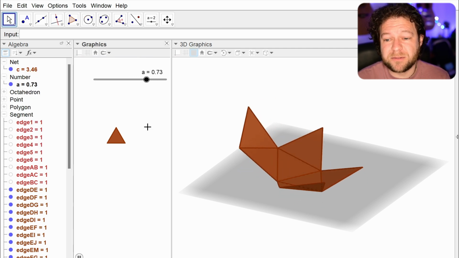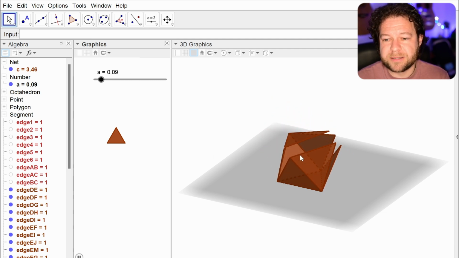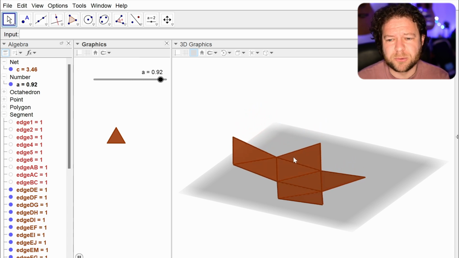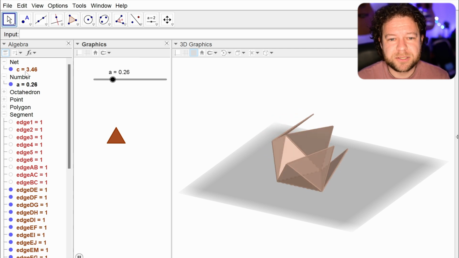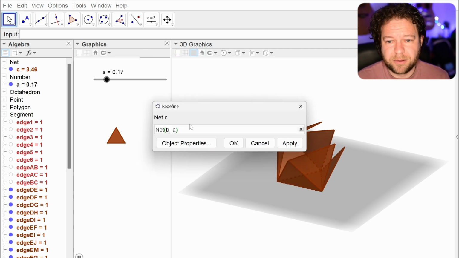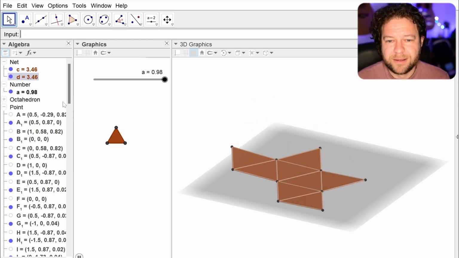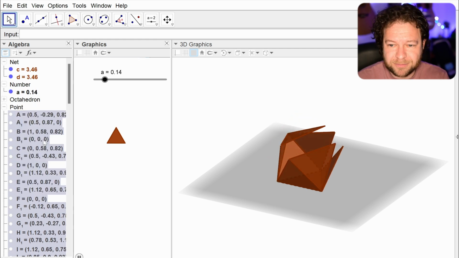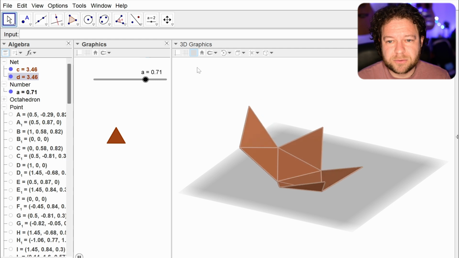And one other trick which I found useful in visualizing this is that although I quite like the way it has got a slightly translucent effect there, I want the boundaries to be a bit more visible, and one easy way to solve that is to keep the color of the object the same but just make another version of it. So if you grab that very simple command and do it again, I've got another net. Again, it's made more points. I need to probably hide and show and hide all of those things,